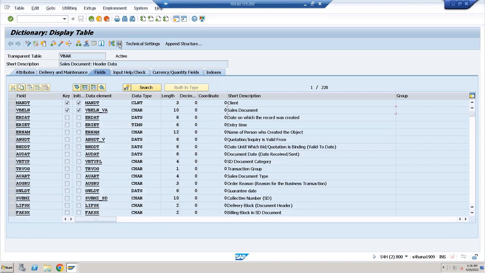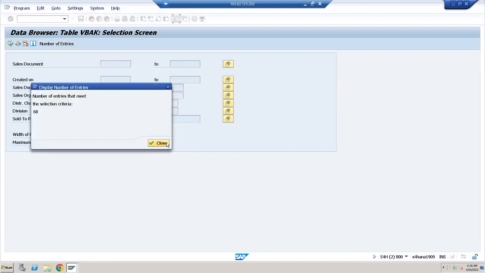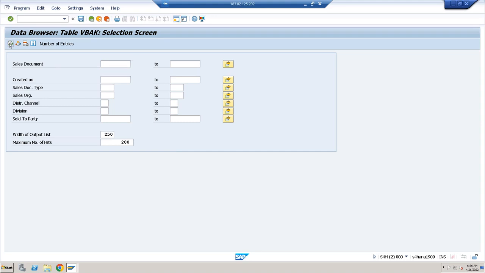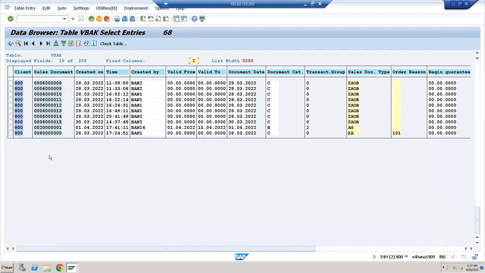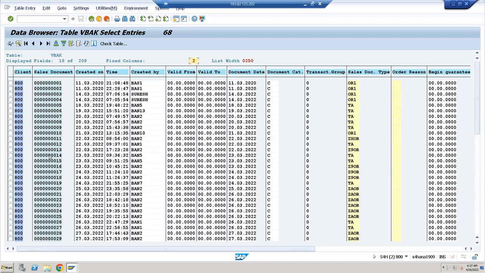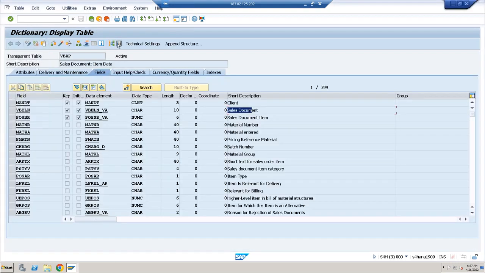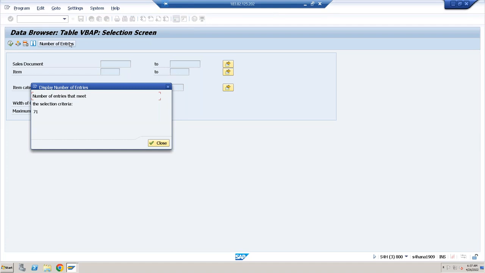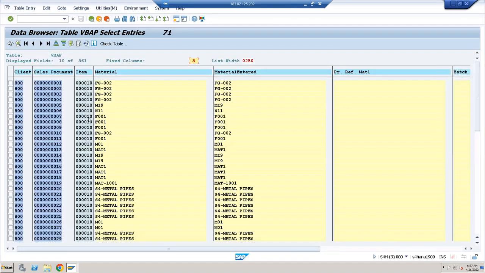Suppose in the VBAK table, if I go to contents, how many entries are there? We have around 68 entries. Let me execute. So they are the sales document numbers. Okay. Let me take one of the sales documents. Yeah, I'll take this sales document number 1. Do we have any item data in VBAP table? Yeah, we have 71 records. So if I execute,